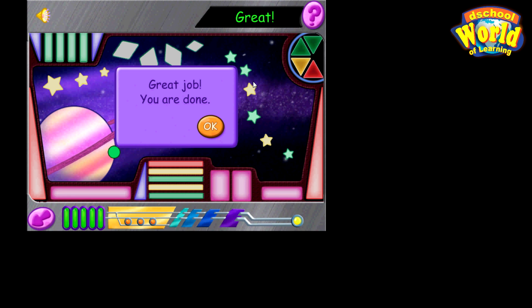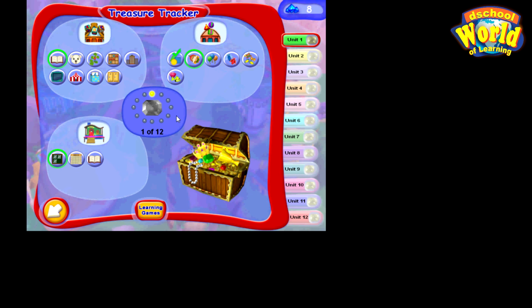Click the OK button. Until the child is told you are done, they are not yet done. So if you quit the game before you have been told you are done, you won't earn any gems. Okay? So now we have earned a number of gems. Let's just go click OK and find out. Okay. You're doing great! Okay? So if you go to the next activity,